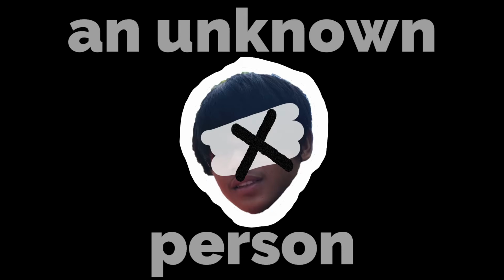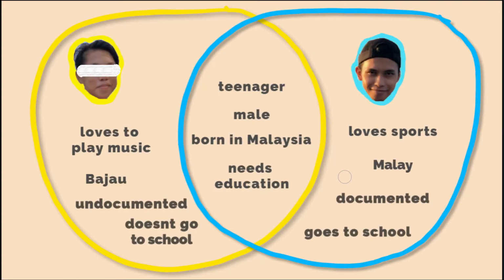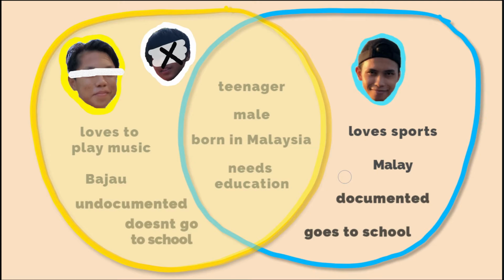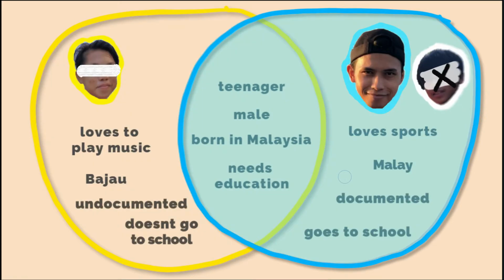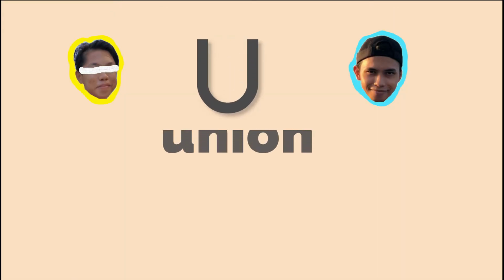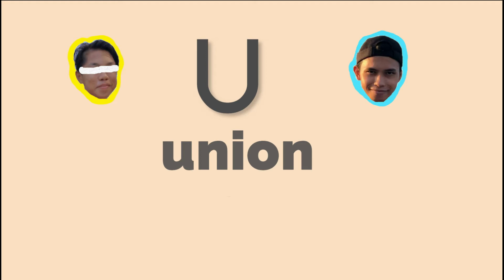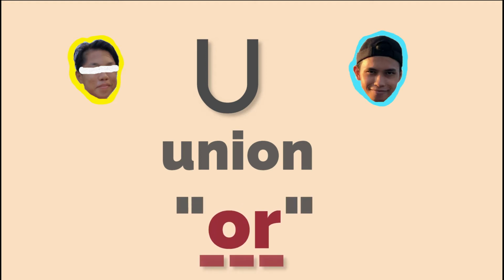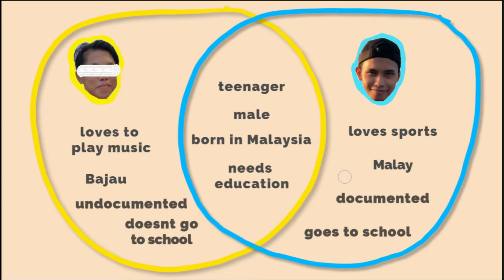Now, taking X again as our new set, which is an unknown person. Since we do not know who X is, we can say that X possibly can have the same characteristics as Azman's or Safwan's, or perhaps the characteristics of both. In mathematics, we use the symbol of union or the term OR to show the possible combination of all elements